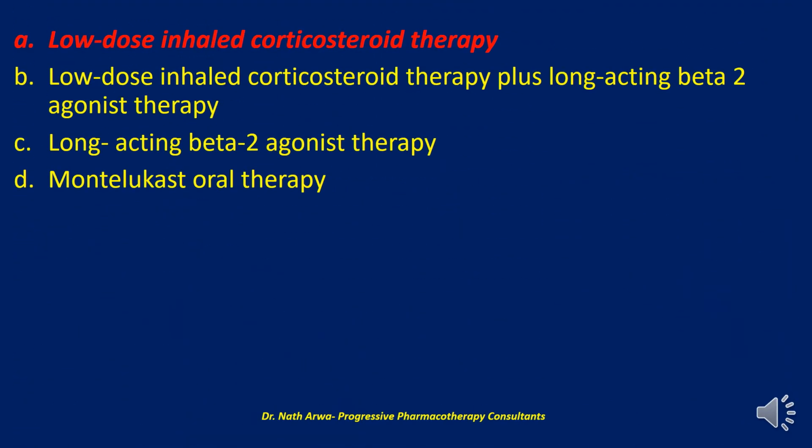Personally, I would recommend low dose inhaled corticosteroid therapy. According to those guidelines, the NAEPP, low dose ICS therapy would be consistent with step 2, and Montelukast or agents such as cromolyn would both be considered alternative therapy, not first line for step 2, and they are not preferred therapy. Combination of LABA and an ICS would be step 3. He is not in step 3, and LABA as monotherapy is contraindicated in asthma treatment. So that makes B, C, and D wrong. I would settle for A as my best bet. Let's move to the next question,